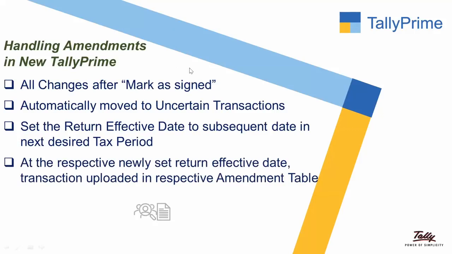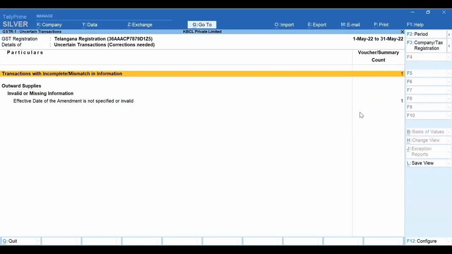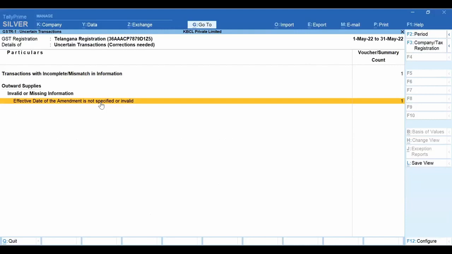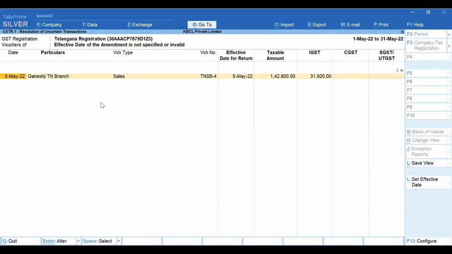Here, get into that uncertain transaction. It says invalid or missing information: effective date of the amendment is not specified. So setting up the effective date is the new facility, the new feature that takes care of your amendment in the subsequent returns. Okay. Since I have changed the customer name here,